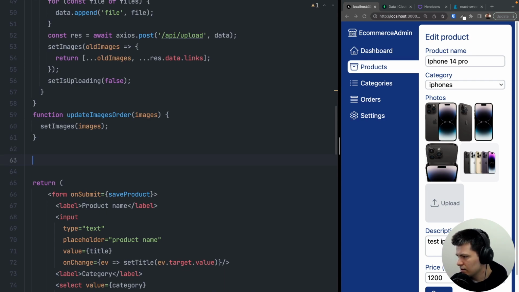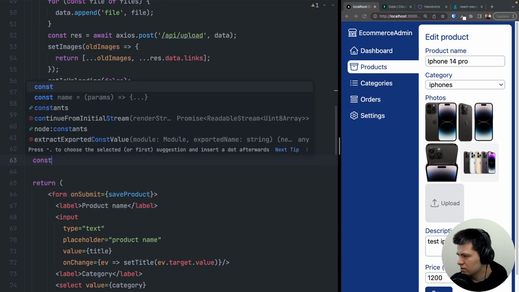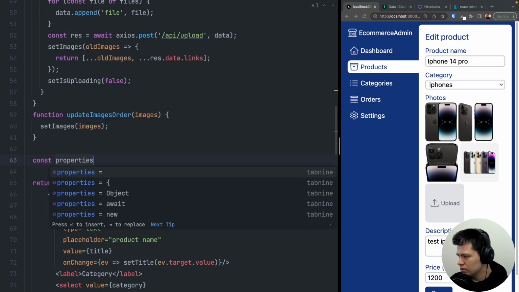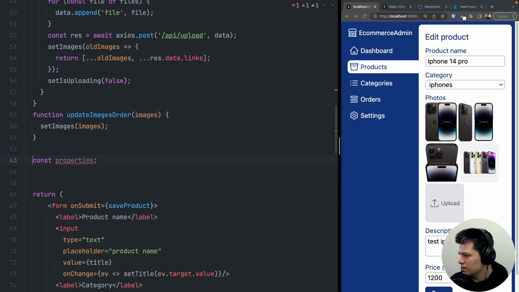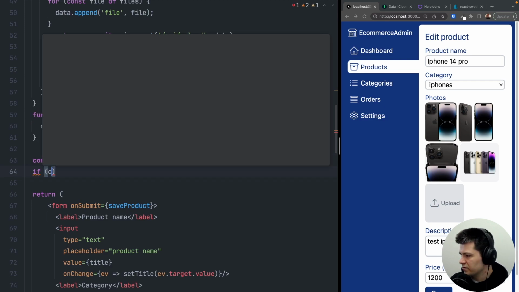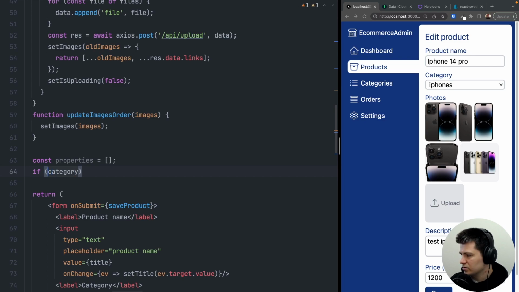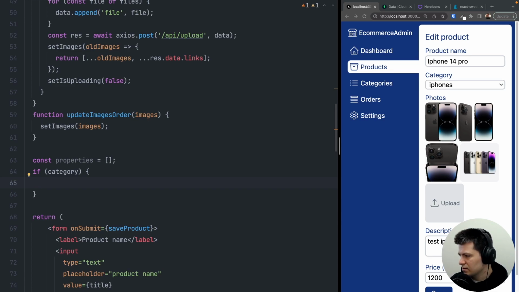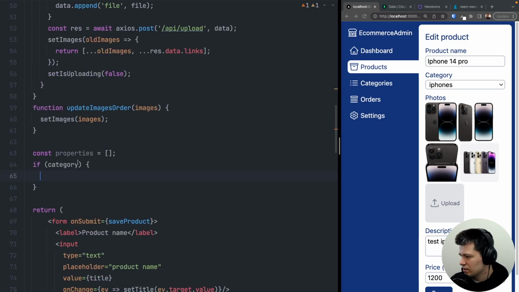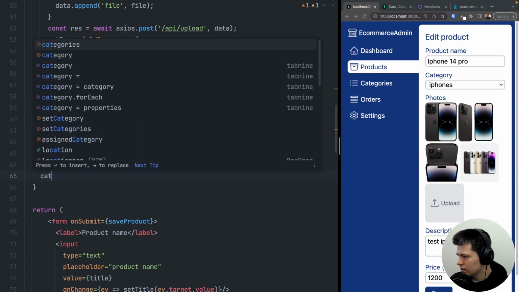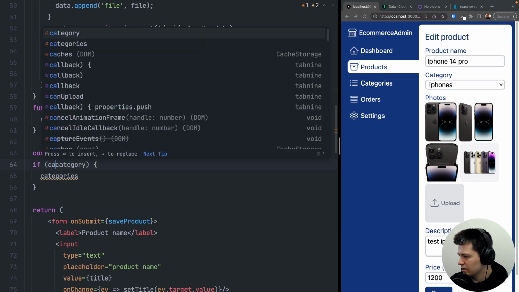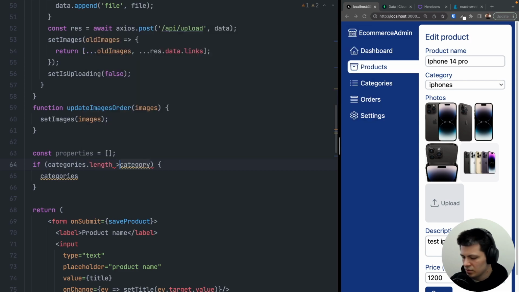So let's say it will be const properties, yeah, just properties, and it will be an empty array. And now let's check if we have a category selected, and as you remember, this is just an ID. So then we will find this category inside categories using this category ID. So let's do categories. Let's check also if we have categories, right? Categories length is bigger than 0, and then